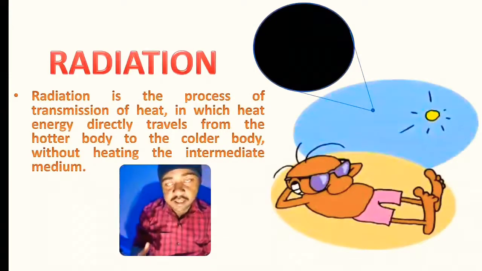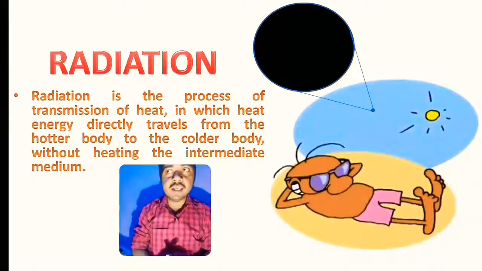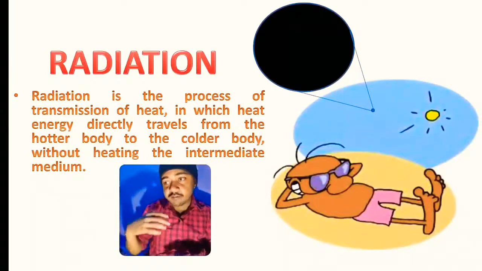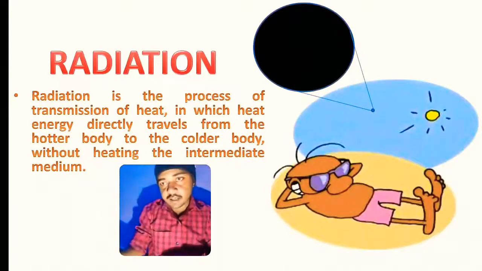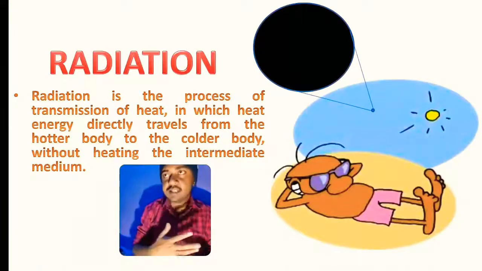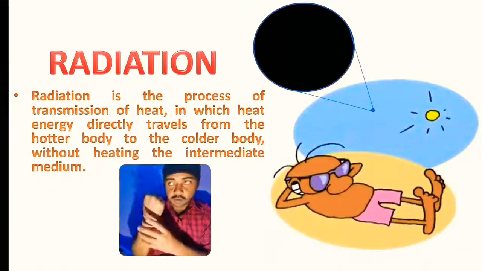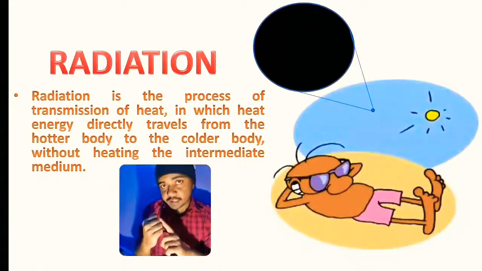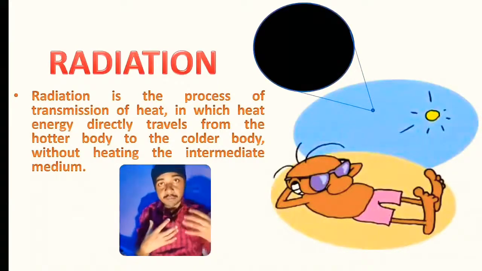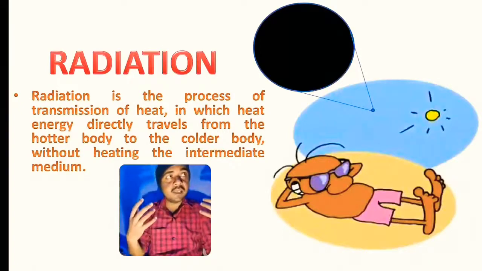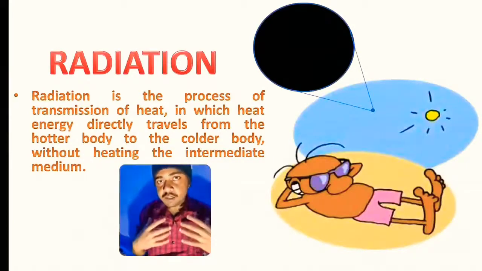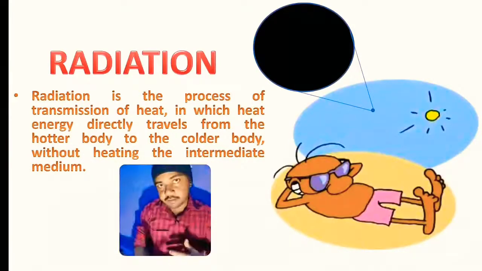What are infrared rays? So my dear students, whenever something is hot, it will emit light, and it will also emit infrared light. If it is very hot, then it will emit visible light. Okay. If it is a little bit hot, let's say my hand, it is not cold, it's warm, so it will also emit some infrared light. If you see me from an infrared camera, I will be seen as a luminous object. You can see me getting lighted. Why? Because my body is warm, and it will emit some infrared light.